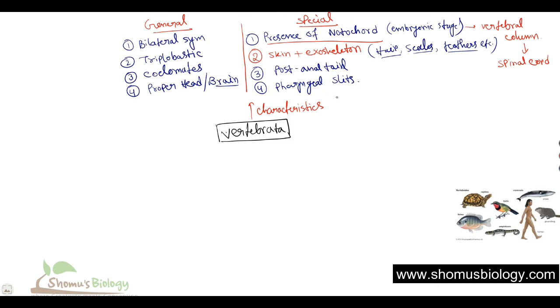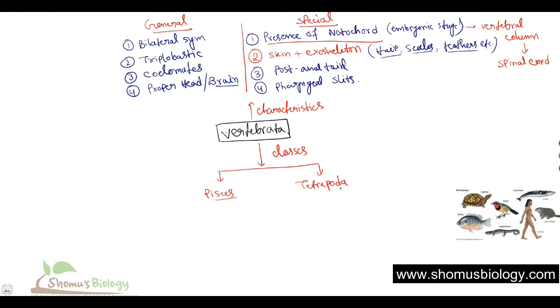Now we are going to talk about the classes. Because in this case we are not going to talk in detail about all the different things, but we are going to break the classes down now. So what are the different classes? Let me break the vertebrate classes down into mainly two different types at the very beginning, then I'll break them down further. So first of all, pisces, and then tetrapods.